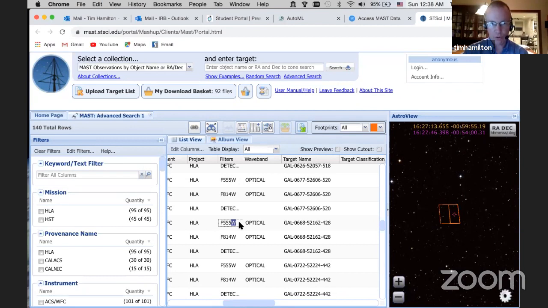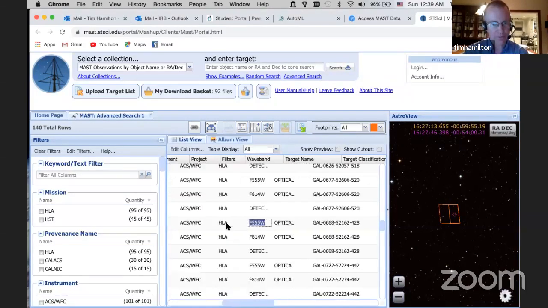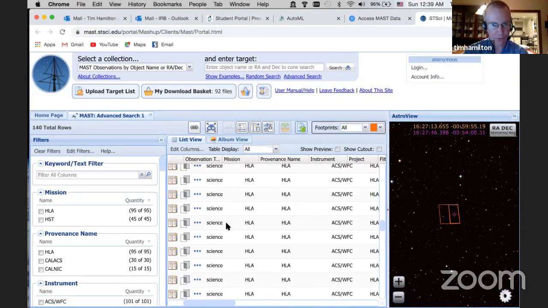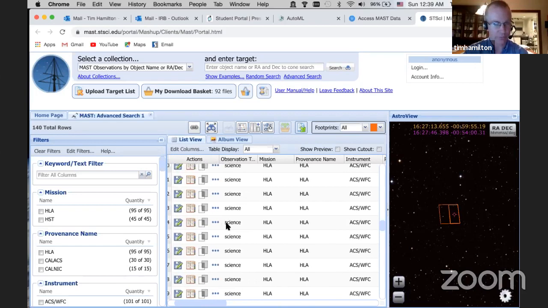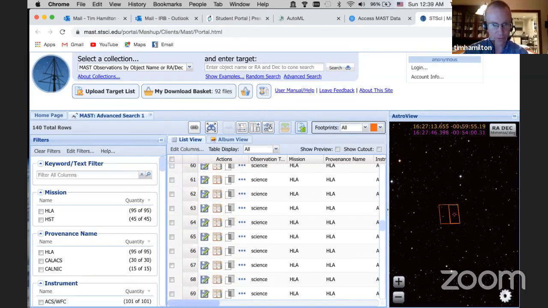All right, so we're going to download both the 555 and the 814 filters. We're really going to do the science on the 814 filter, but the 555 would be a nice thing for you to download because you can make a color image out of this, and it's nice to see what those look like. So if we scroll all the way back to